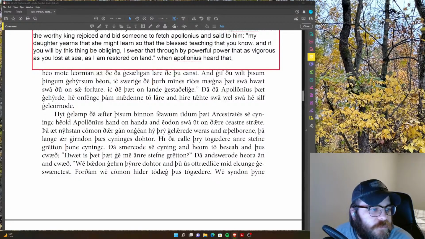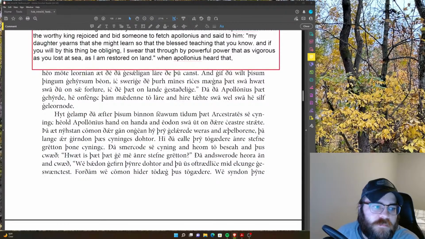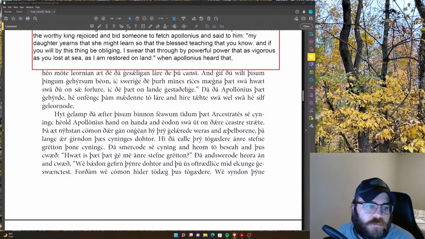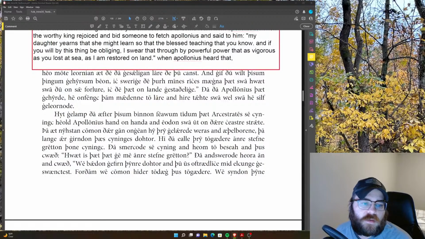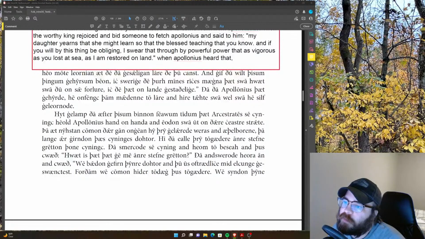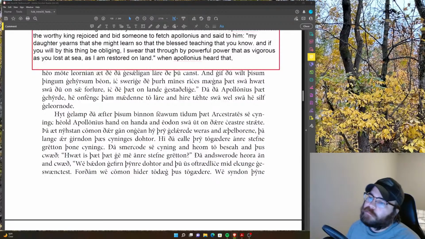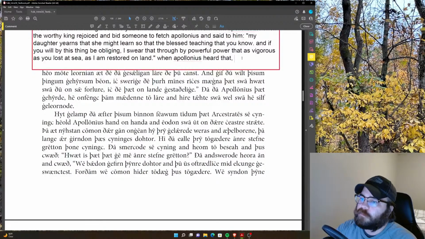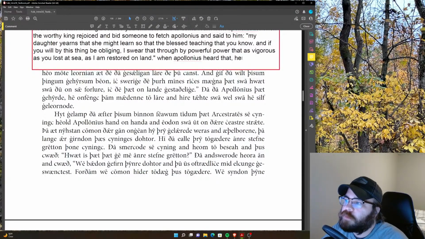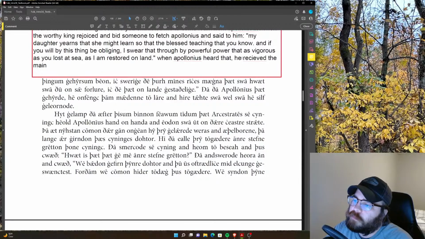Material things? Receive? Okay, that sounds much better than that first one that shows up. He received, okay. Yep. He received the maiden. The maiden. The maiden. He received the maiden